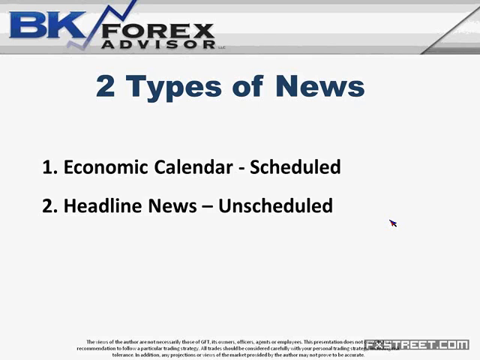But there's 2 types of news, and this is why it's so difficult to trade this market. There is what we call scheduled news, which is the economic calendar, right? And then there's unscheduled news. And unscheduled news is the unexpected stuff that comes across the wires. Christine Lagarde sneezed the wrong way. Ben Bernanke decided, today he wants to be a hawk. That kind of stuff that can just completely wreak havoc with your position.